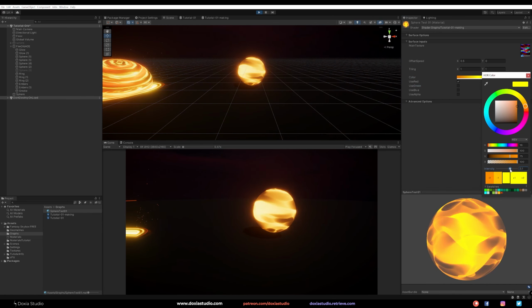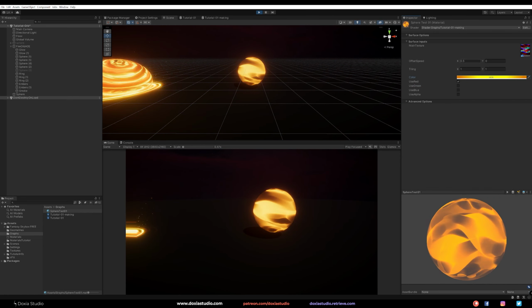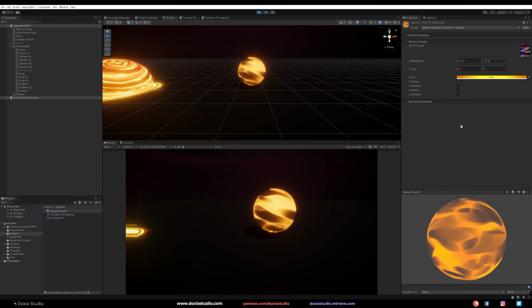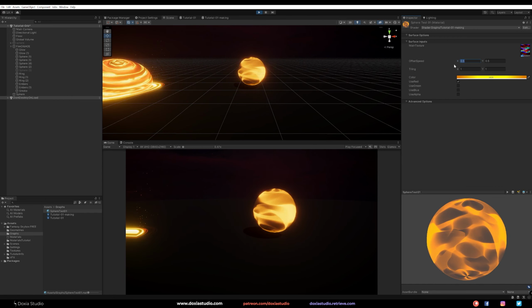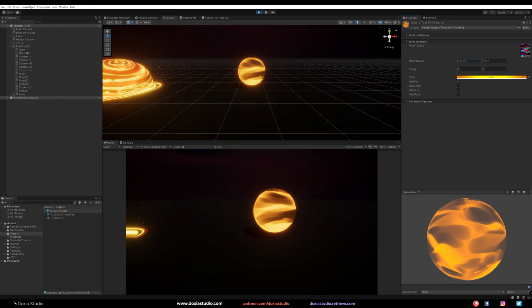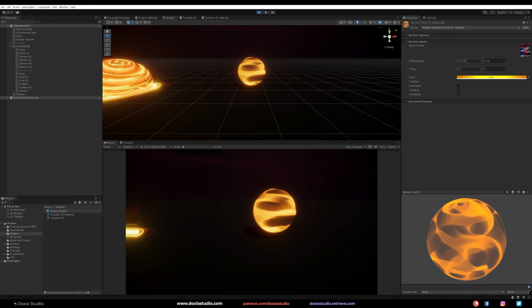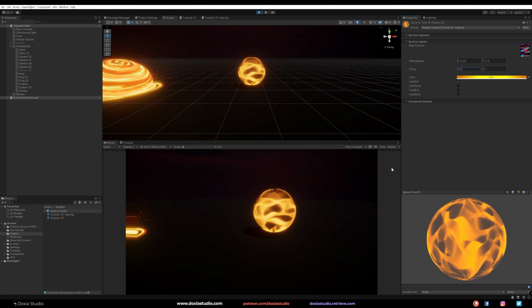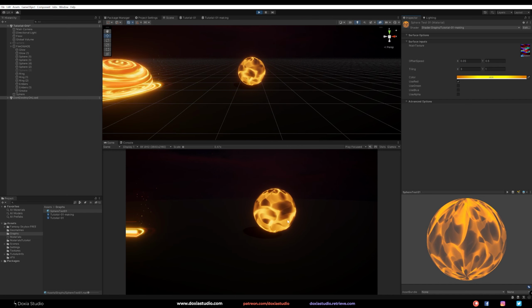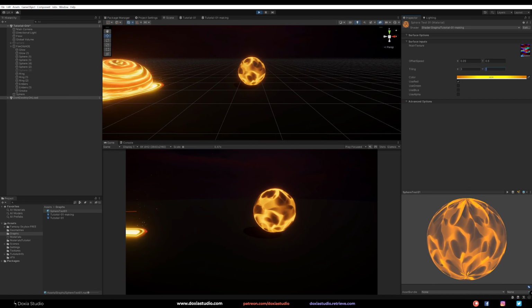Right now, this is way too much. So we got the X. We can come here and get a different, really cool effect, and even over this, something like that. And it's a cool glowing effect, right? And you can pick here the tiling. Again, this is really cool because right now you can control it just by changing the tiling. And you can see that's pretty cool. That effect is really cool.